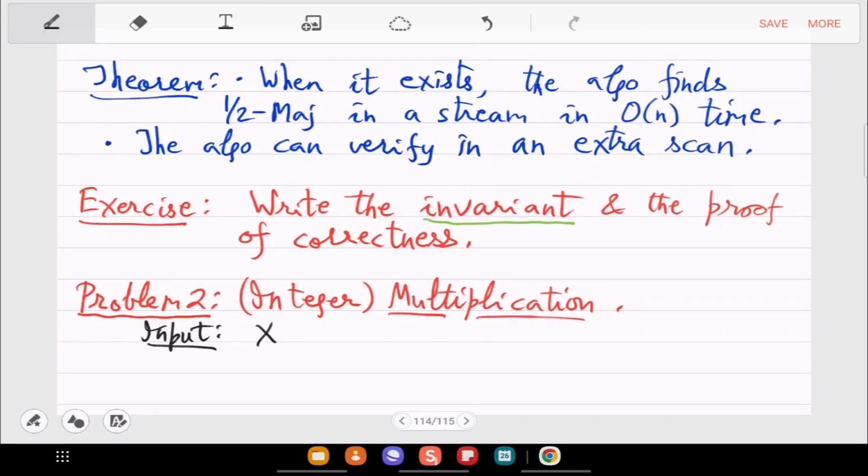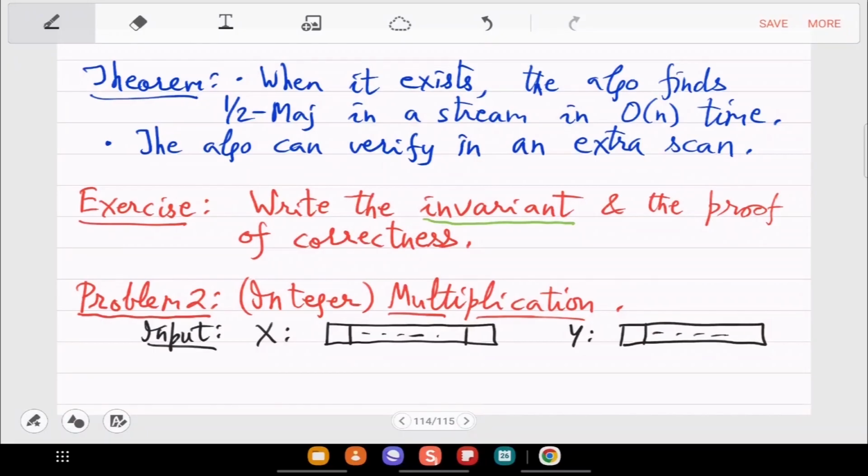Let's say X is given as an array and Y similarly. It's like this, 0 to n minus 1 entries, with the labeling that this is the least significant bit and this is the most significant bit. This is the orientation we'll use in the next class.